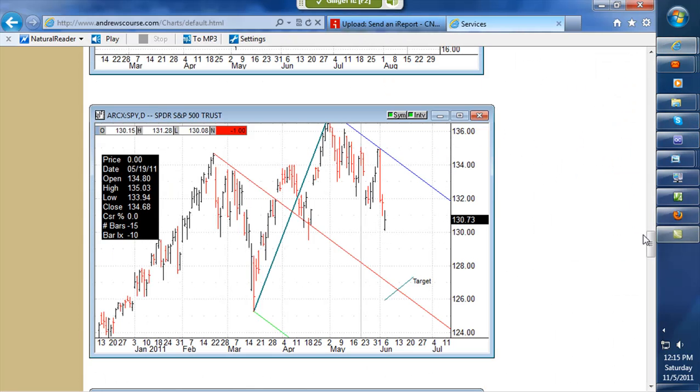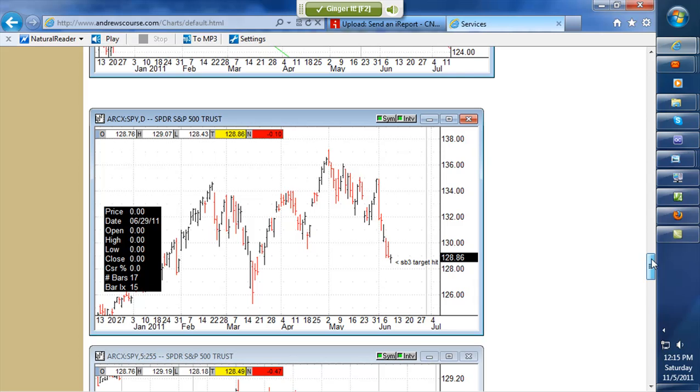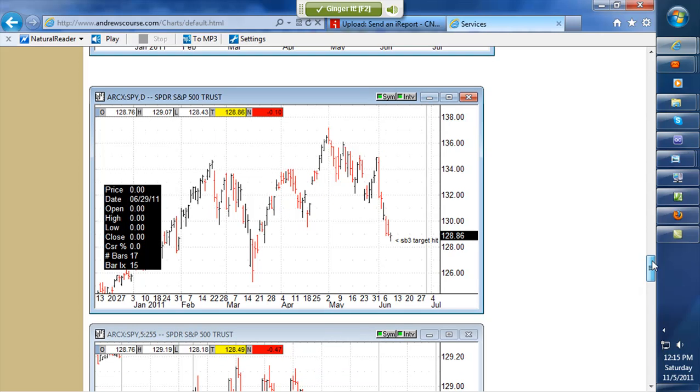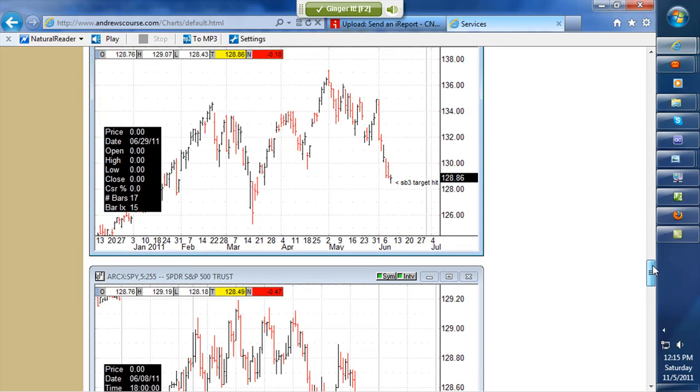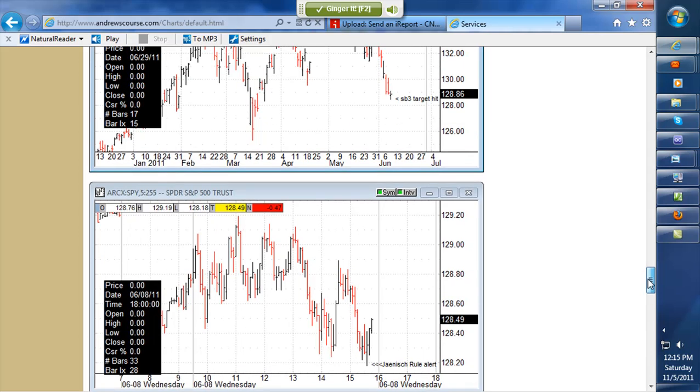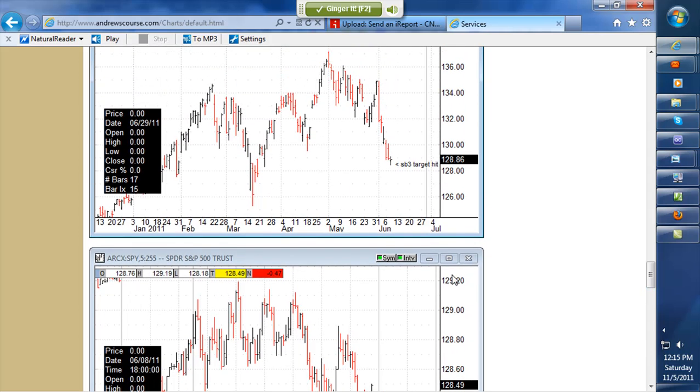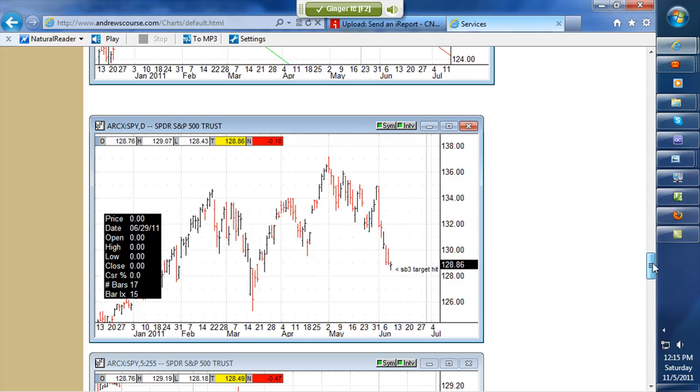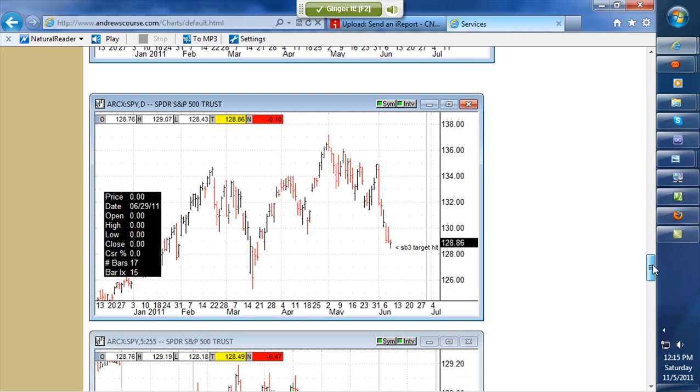Okay, this is SB3 target hit, and that usually means that SB3 is a certain type of signal that shows there's a reversal of some type. That looks like it happened around the June 6th or 7th, and at a value of about